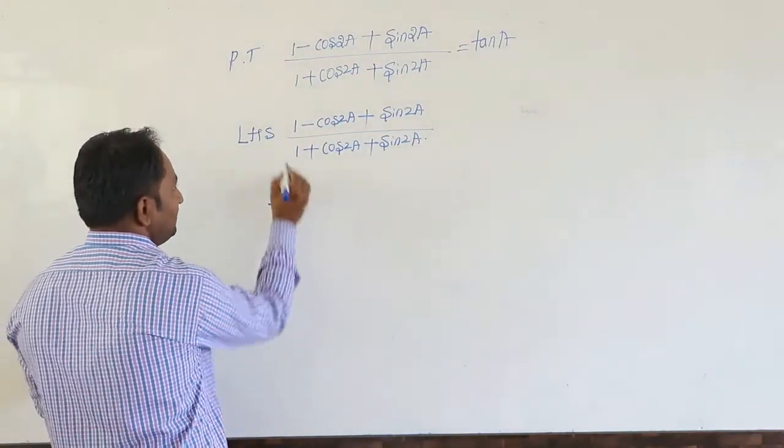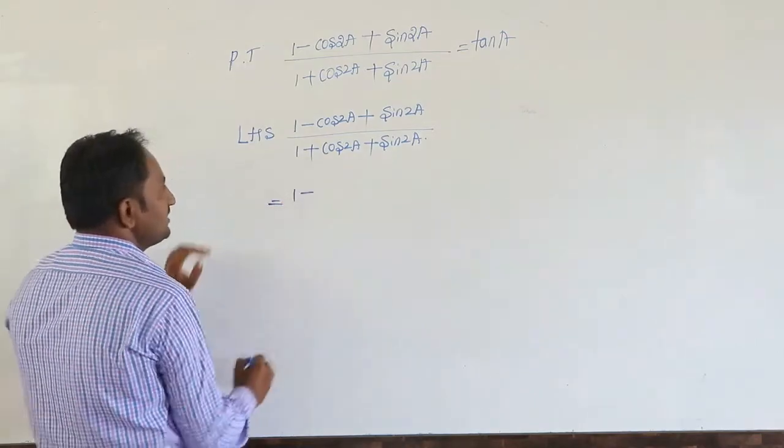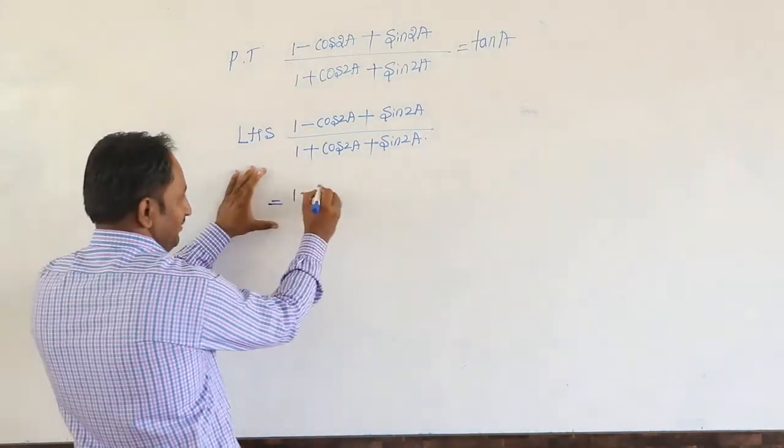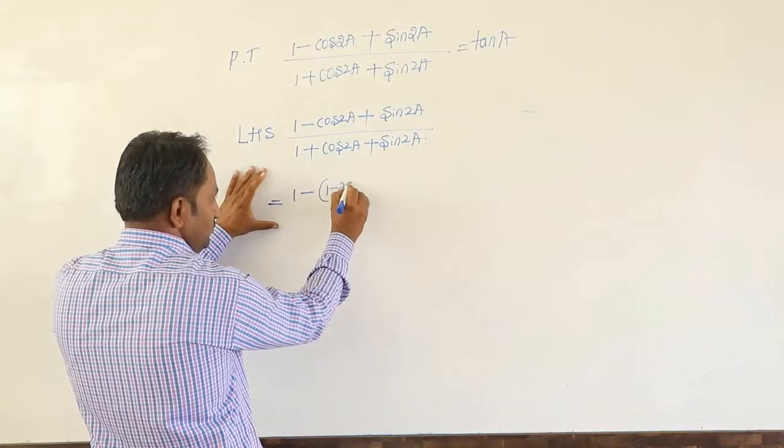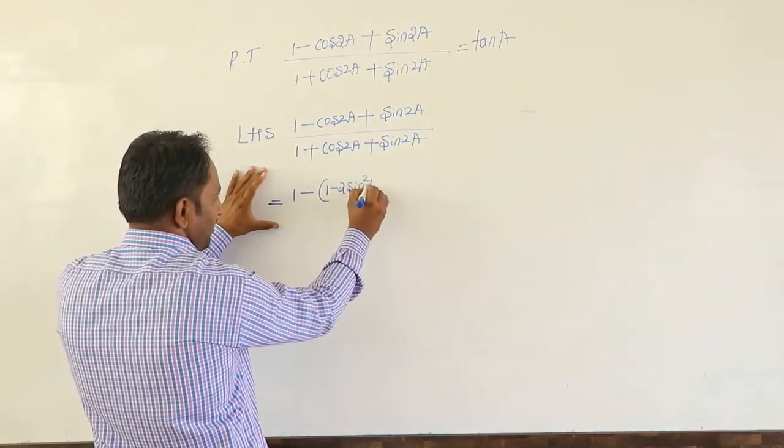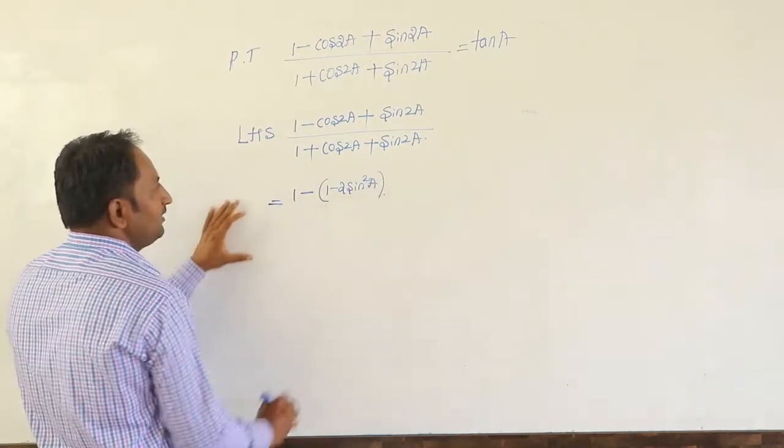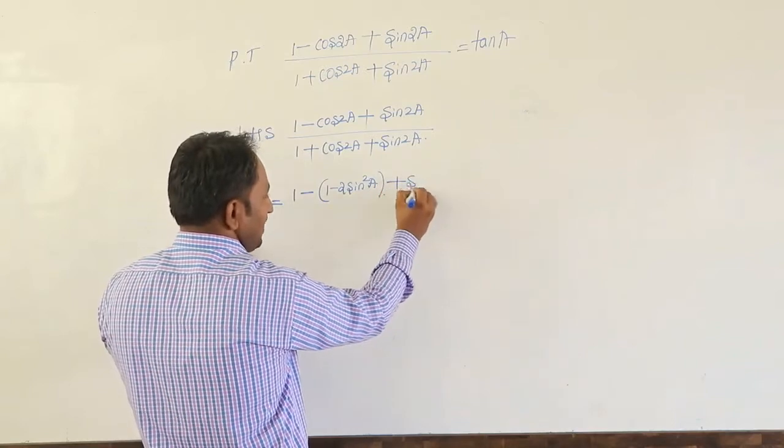Here we are applying 1 minus, here 1 get cancelled. Apply 1 minus 2 sin square a, cos of 2a formula, plus sin of 2a